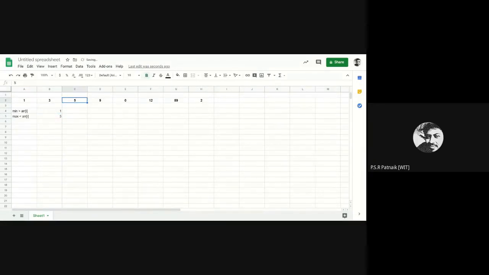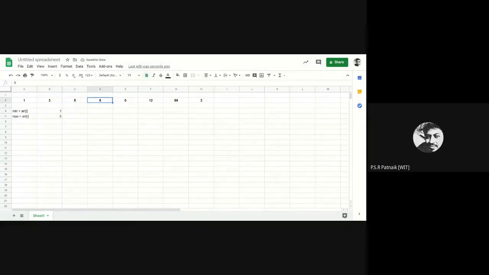So when your instruction is here, which element is updated? Is minimum greater than a of i? No, it is not greater, means my minimum is already minimum. So max. Is 3 less than 5? Yes. So the max I have is not the max. The current element is actually of higher value than the element I have. So what do I do? I update this. Okay. So on I go.